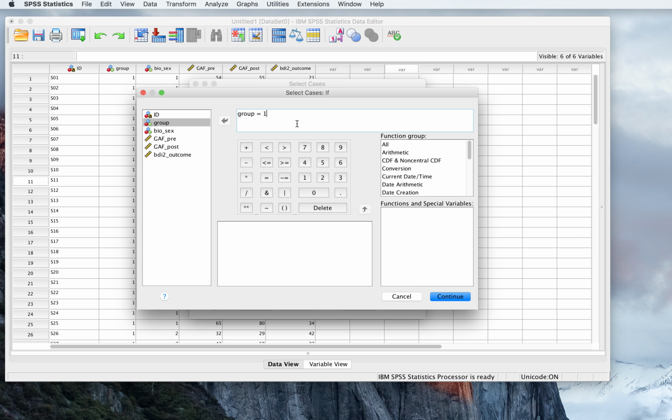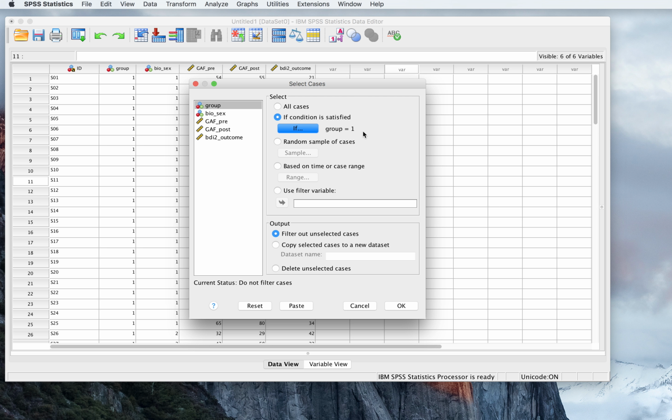Okay, so that little bit of instruction to SPSS is basically telling SPSS choose only the CBT group, the intervention group. Ignore all the cases from the control group. So if group equals 1, it's going to be selected. So I hit Continue. It confirms for me right here that I have a conditional statement for including data. And I click OK. And what I want you to do is watch over in this column, this gray column here. Watch what happens. So I click on that,